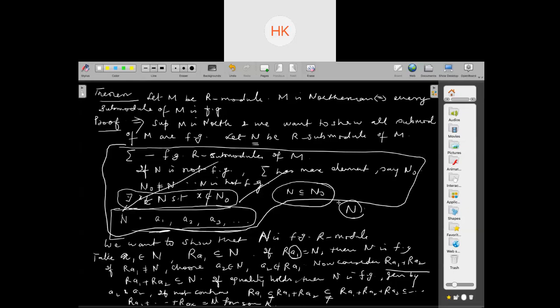Yes, ma'am. I have a partial order on the collection of submodules, and the order is containment, that one submodule is contained in the other submodule. But I don't have any partial order on elements of N. I cannot compare two elements of N. No way to compare two elements of N. I can compare the submodules, which one is bigger, or which one is contained in which one.